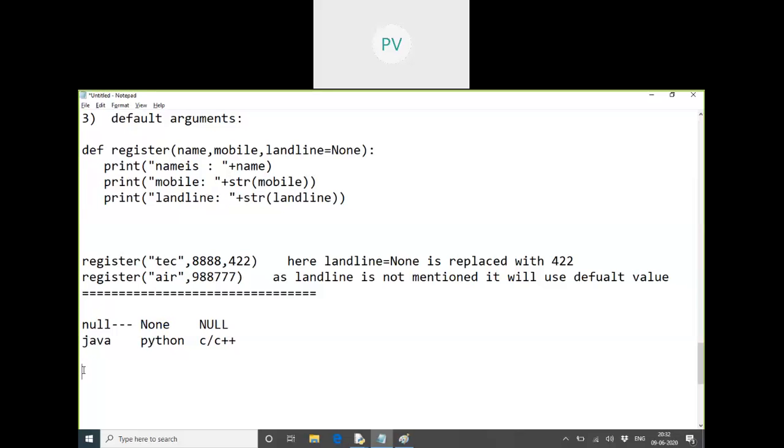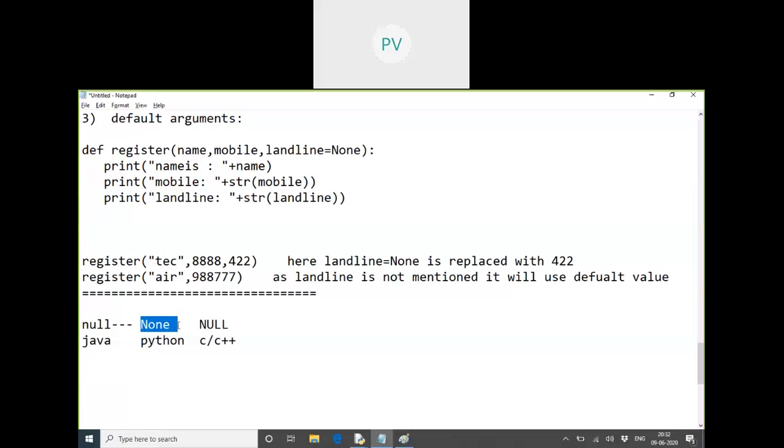Because in Java also we say obj is equal to null, String s is equal to null. We used to say s is equal to null because it's an object. Either you provide an object of a string, or if it should not point to any object, what you should say? Null. Means now it is not pointing to anything, no address. So anything about references will be initialized with null in Java, none in Python.